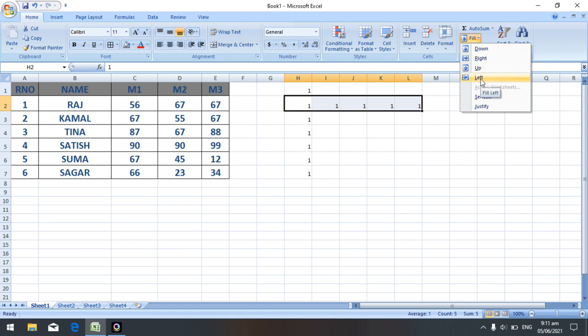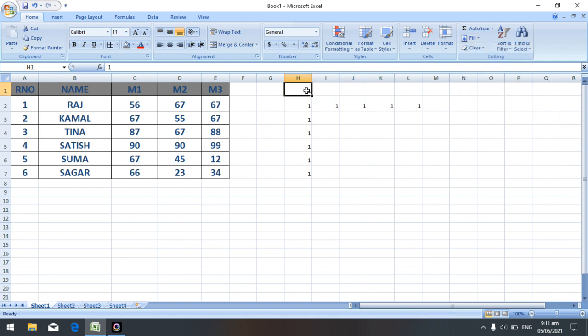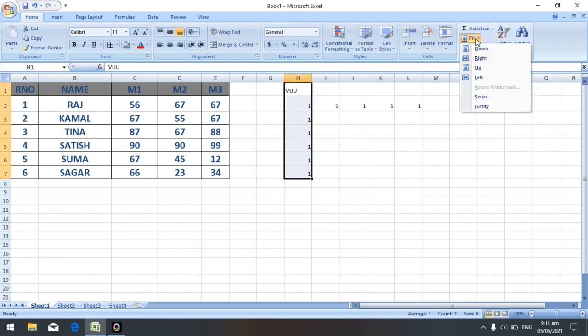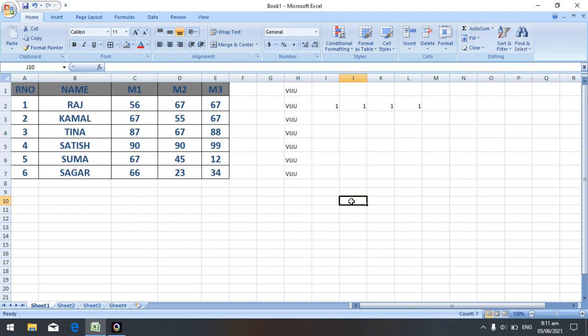Automatically it fills the particular number or particular text. If I type anyone's name, I will write Viju here, then select the particular cell, then fill downside. So this is about the autofill option.